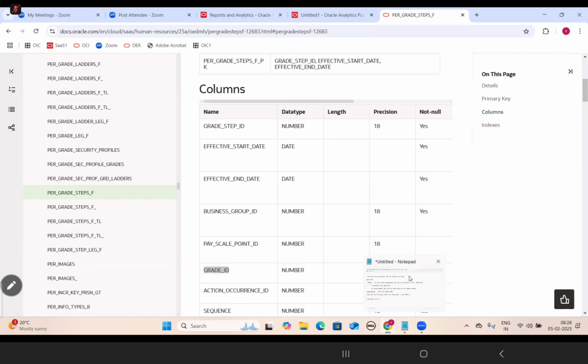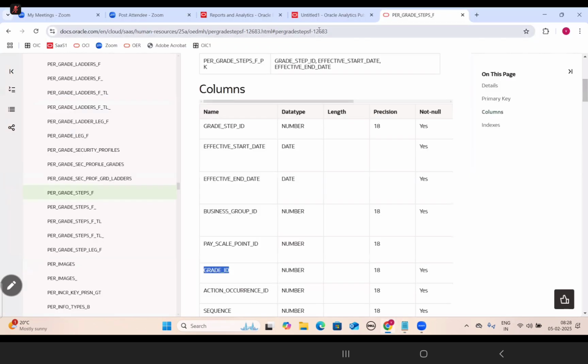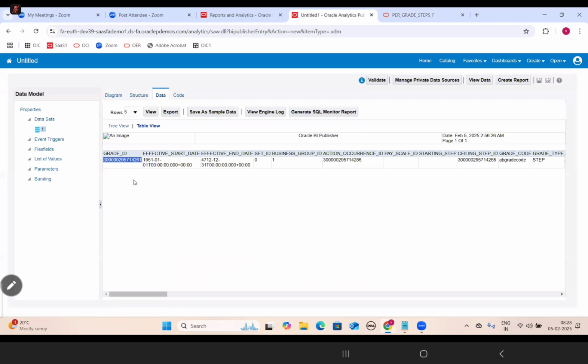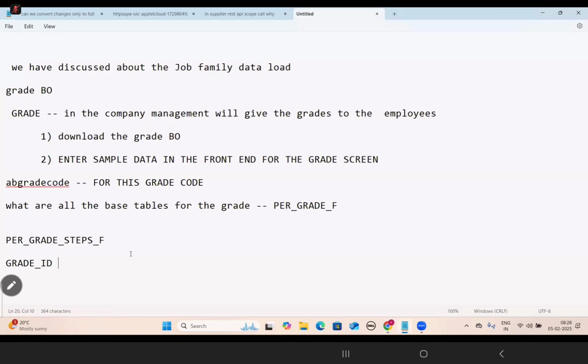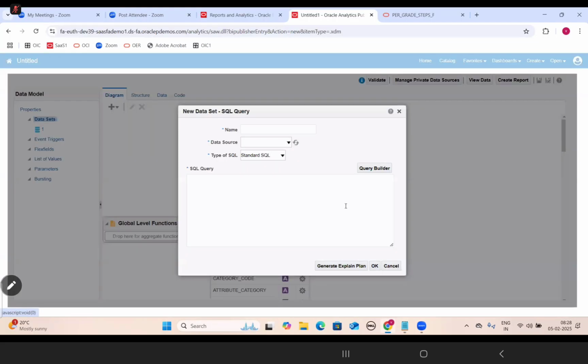Now what you will do? I will tell you. You have to take the grade ID for the parent record. Now go to the per grade steps table. Okay, then for ID equal to